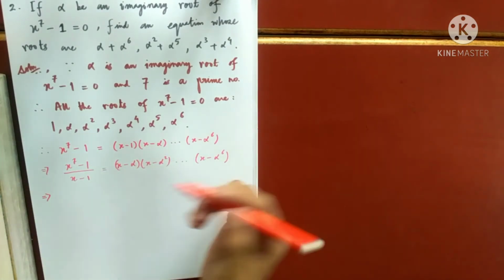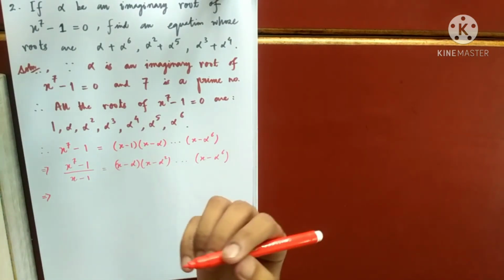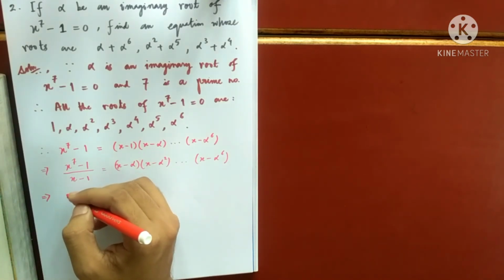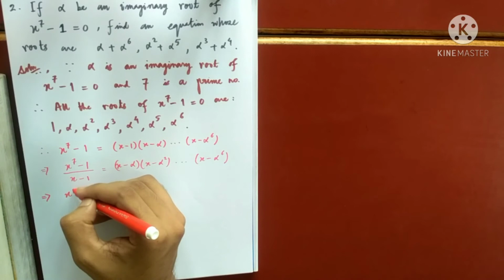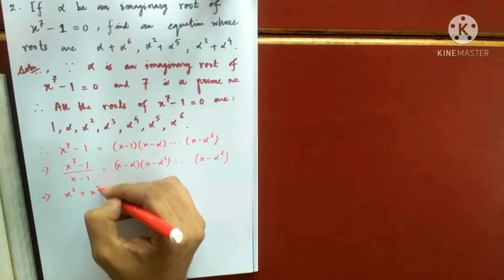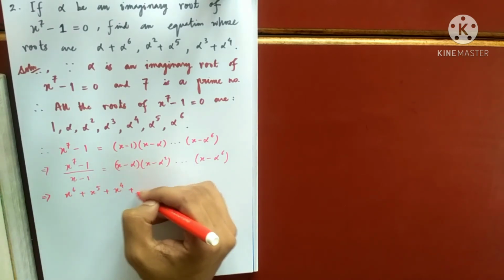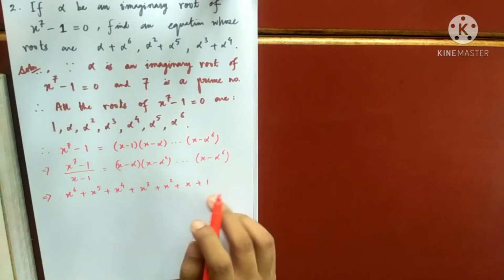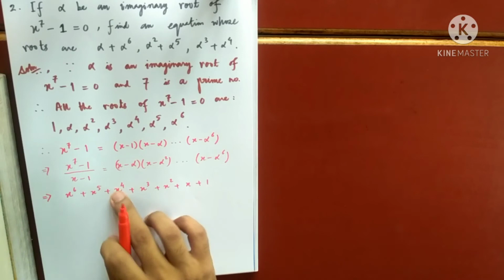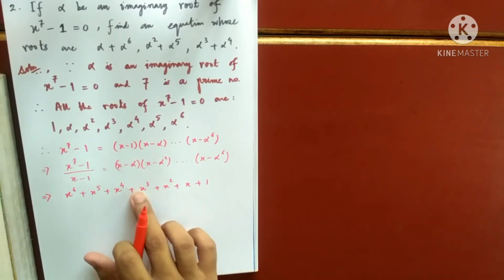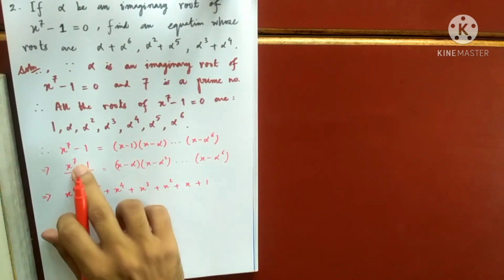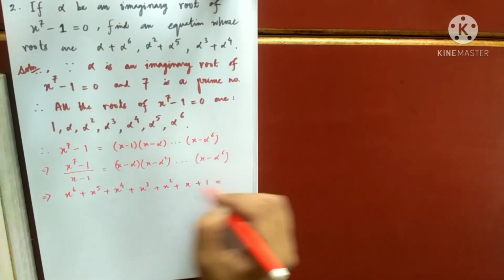This is again a GP, you know. So I'll write in the decreasing power this time. So this is a GP whose first term is 1. The last term is x to the power 6. So x to the power 6 plus x to the power 5, x to the power 4, x to the power 3, x to the power 2, x to the power 1. And then you see there are 7 terms: 1, 2, 3, 4, 5, 6, 7. Having the common ratio x, number of terms 7, first term 1. This is the formula for GP, and this on the right I have.